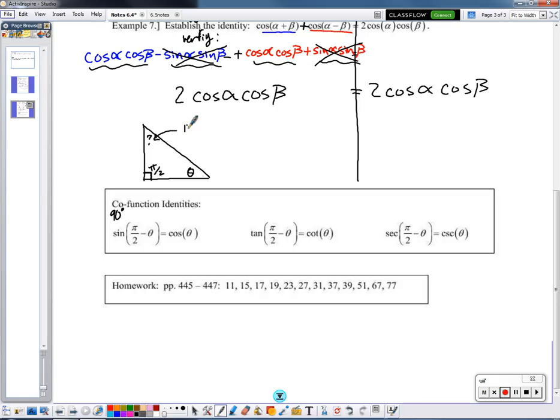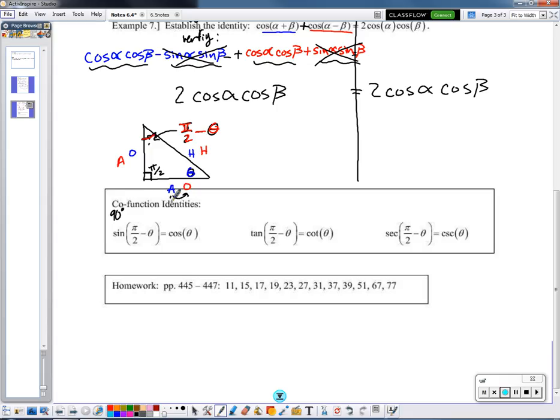So, obviously, when I look at theta, this theta has an opposite side here, an adjacent side here, and a hypotenuse here. But if I'm standing at this angle, pi over 2 minus theta, then the opposite side would be the adjacent side of theta. The adjacent side of this angle would be the opposite side of theta, and the hypotenuse stays the same. So since the O and A switch for the corresponding sides, when I talk about the sine of the